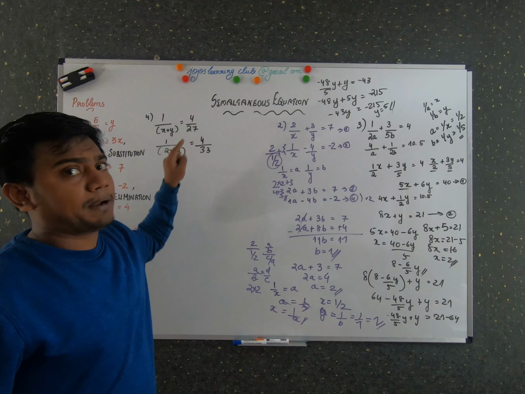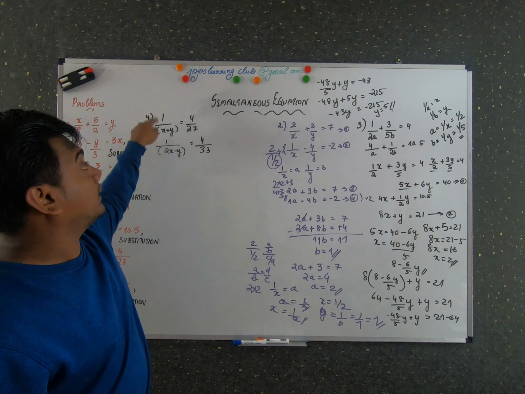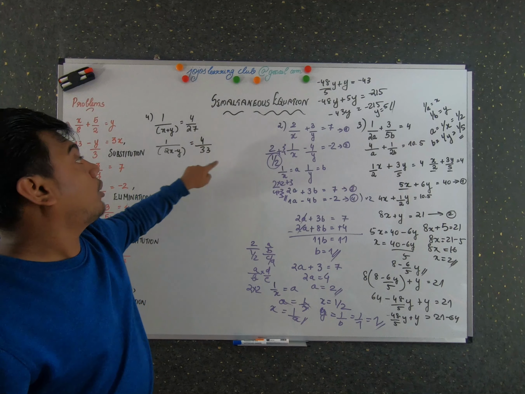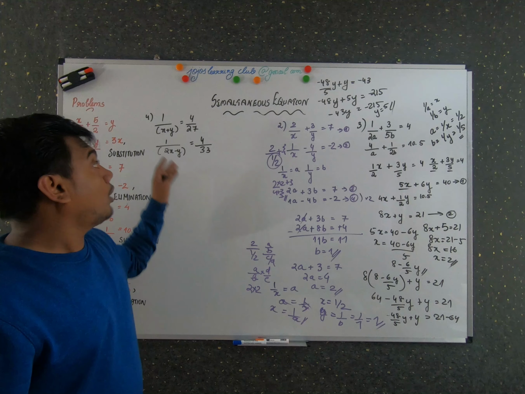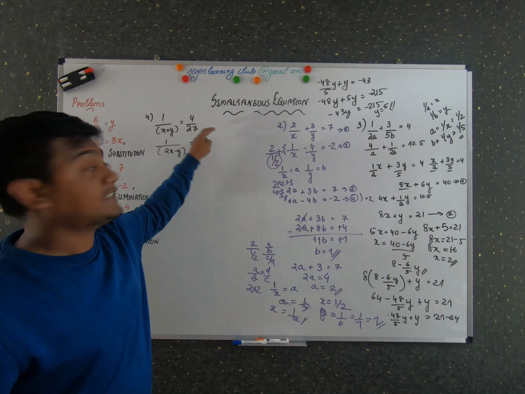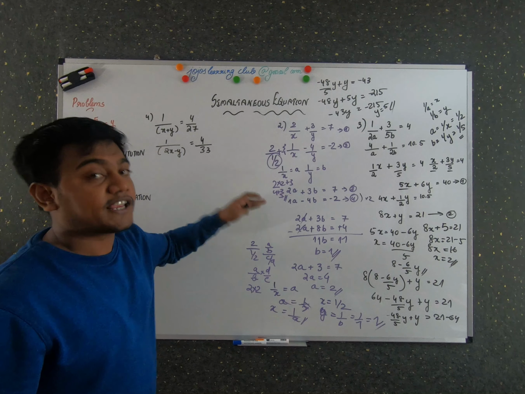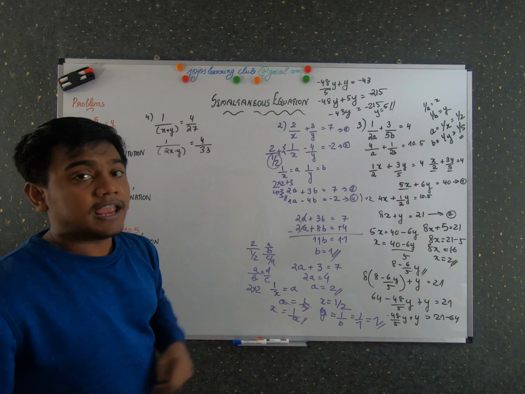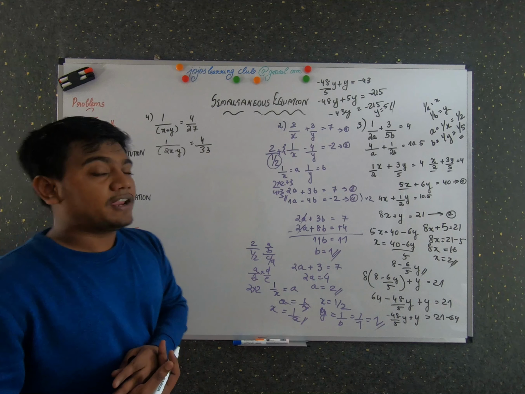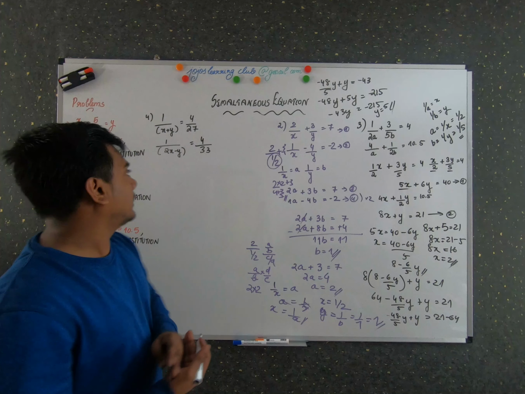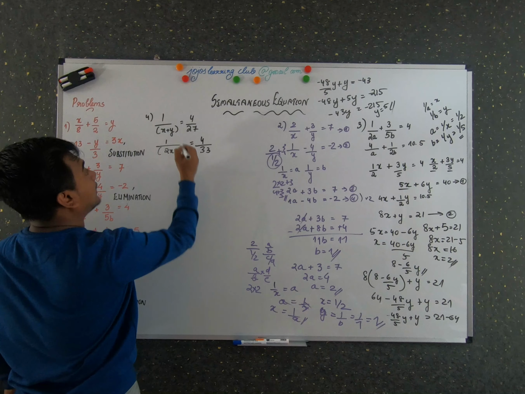You just cross multiply. Again, it is a complex way. You get 27 is equal to 4 into (x + y), or here 33 is equal to 4 into (2x - y). Any way you can do, or you can just multiply with the LCM of both these denominators and then multiply it on both sides of the equations, then you can find the equation. Whichever way you wish, you can do it. I personally find it easier to do the cross multiplication here, so I'm going to do that.